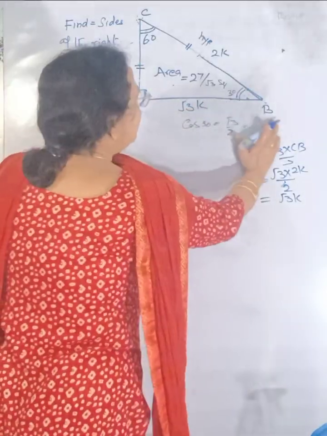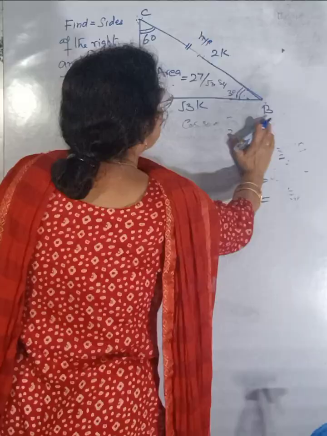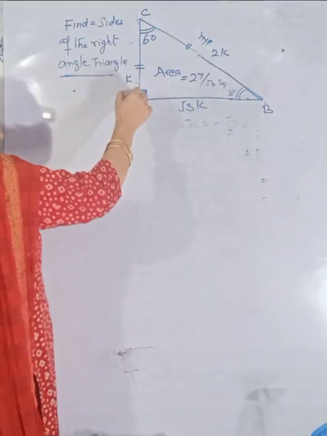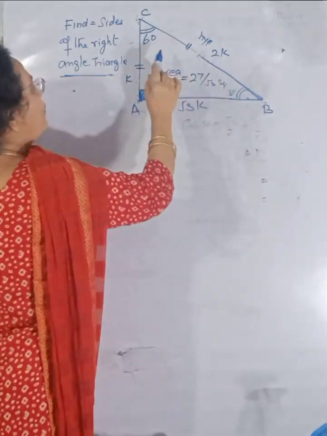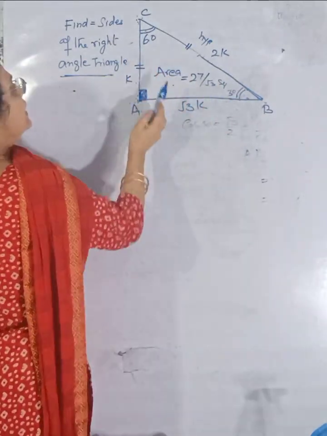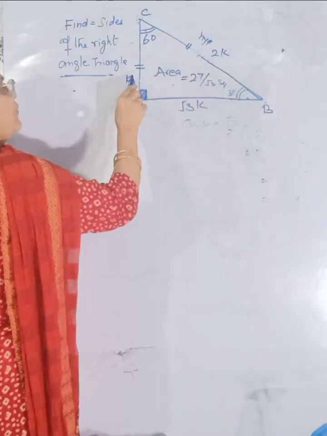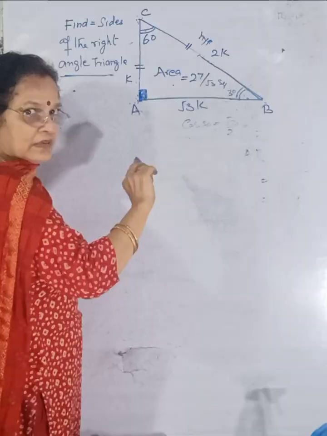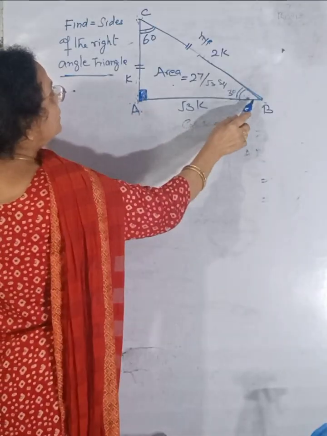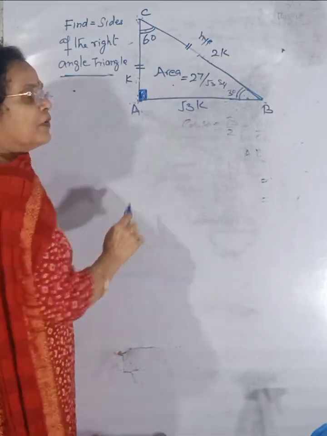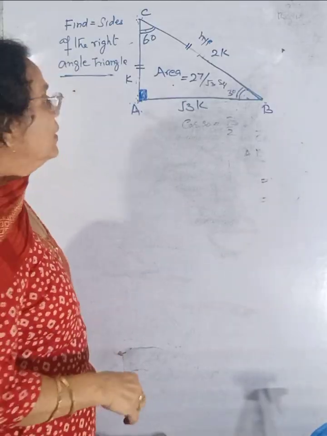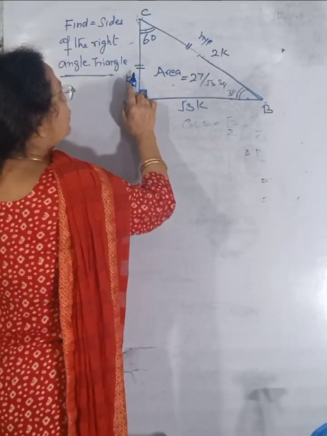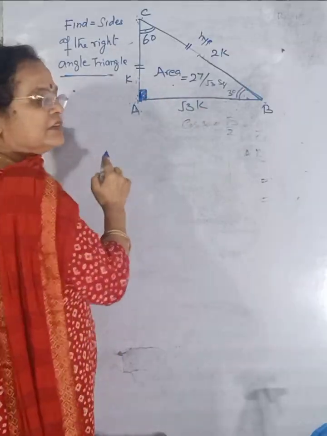So we can say we can use trigonometry, as well as the rule that when we have a right angle triangle with the combination of 60, 90, 30, then the hypotenuse will be double the smallest one and the next bigger arm will be root 3 times the smallest one. And we can also use sine theta and cos theta in order to find the different sides.